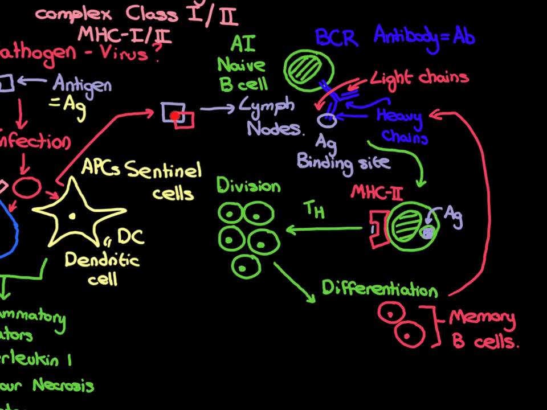if the antigen comes along in the future, they will bind to that antigen, they'll be partially activated by that antigen, they'll do this process again, they'll endocytose the antigen, break it down into peptide fragments, display it on their surface, bound to MHC class 2, and then they'll need help from effector CD4 positive T cells directed against one of the peptide fragments of the antigen, and then they can divide and divide and divide, and again their progeny can differentiate into either memory B cells to replace them, or effector B cells. So they replace the naive B cells, and they are really important in being able to